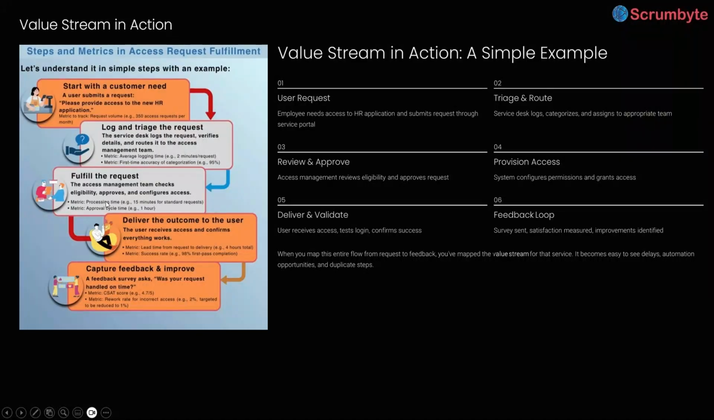For fulfilling the request, processing time is around 15 minutes for a standard request and the approval cycle time is 1 hour. And then ultimately, delivering the outcome to the user. Here the metric is the lead time from request to delivery, which is actually 4 hours. And the success rate of first time pass completion: from a person submitting the request to getting the final approval, around 98% of the persons submitting requests are able to